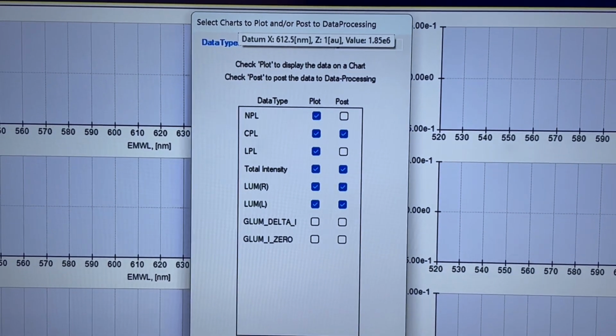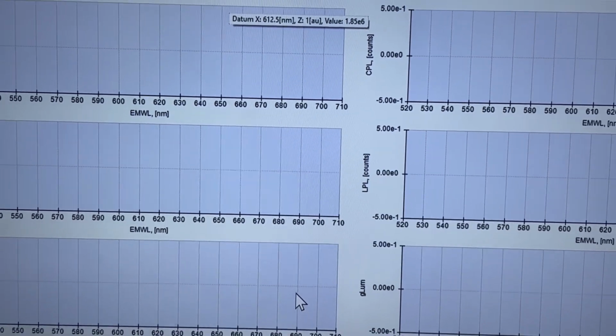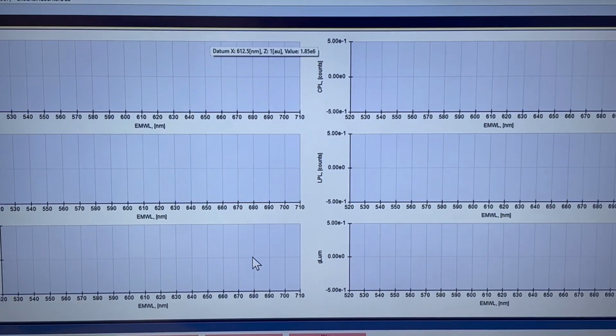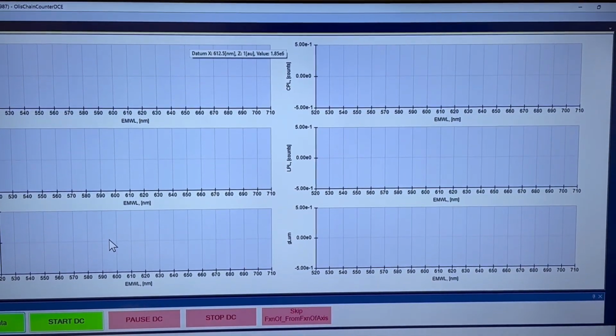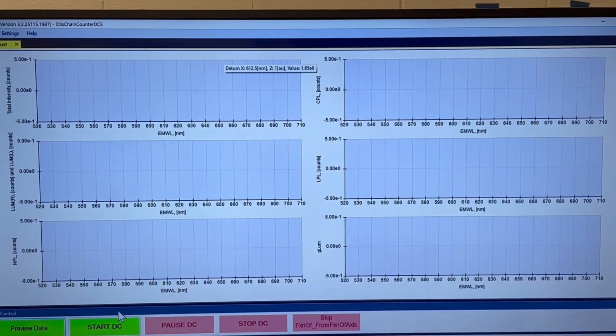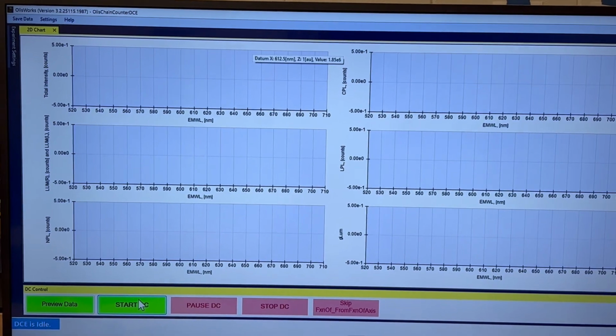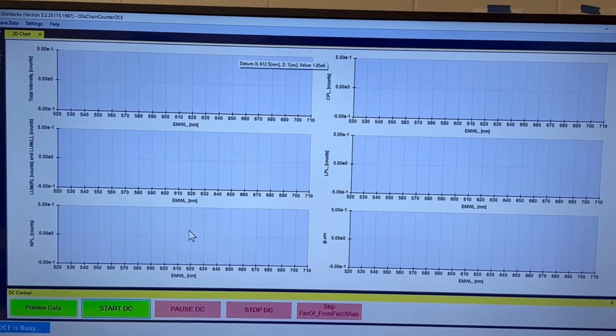Now, so if I save that, the screen image will be the same, because I haven't changed the data collection. Right. Only what's going to be posted. Right. And a very nice point, I've just